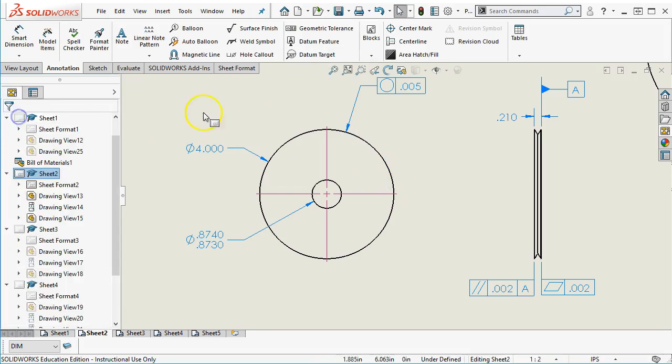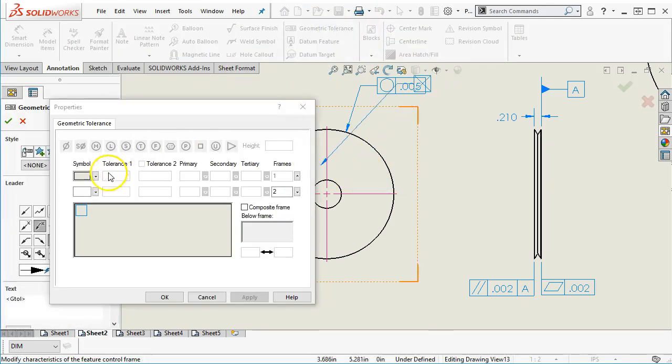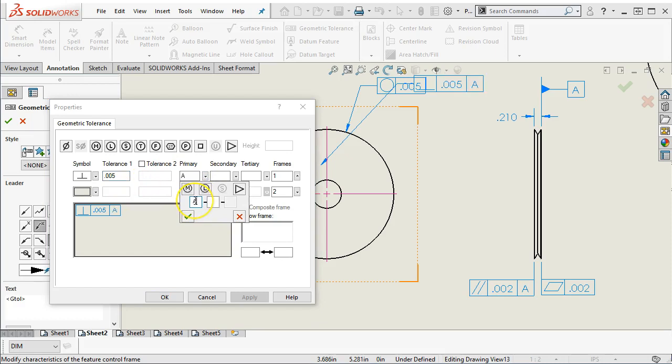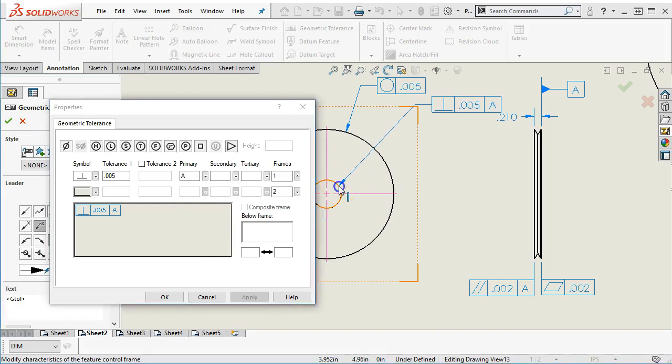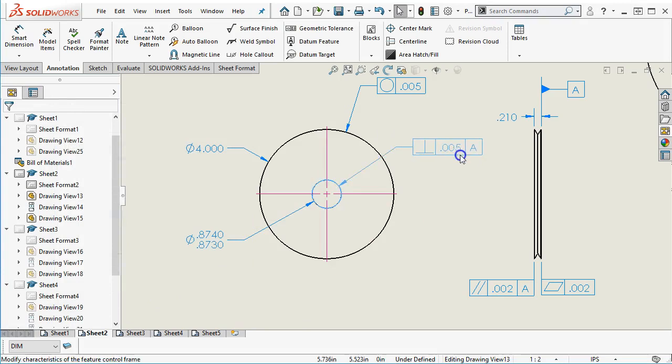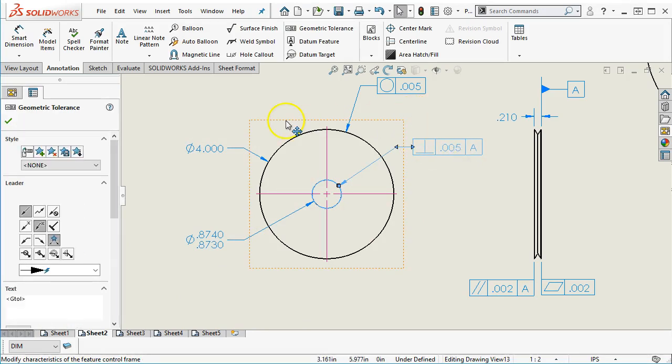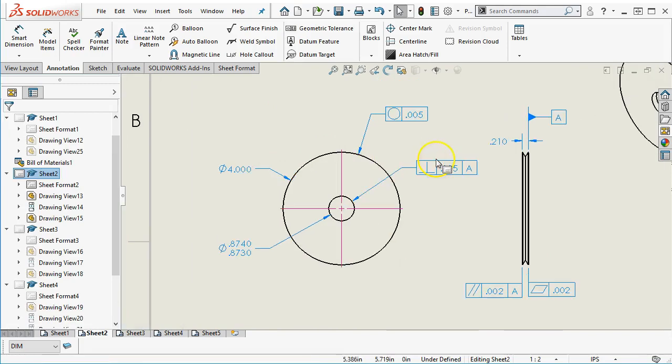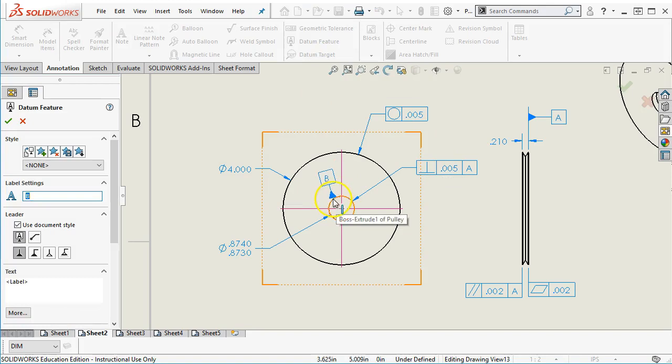Oh, I didn't want the datum. I wanted the tolerance zone. And so we go find the perpendicularity, and let's just keep it at 5 for now. And its relation is to A. And I'll apply it to the bore. All right, so we're still applying those to features. And then for the datum feature,